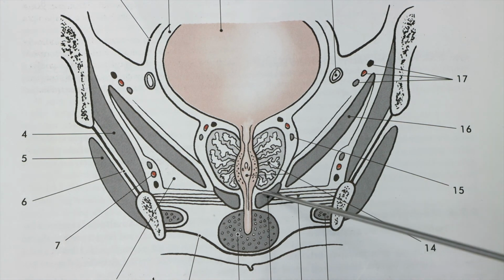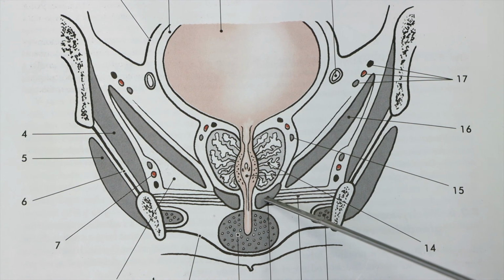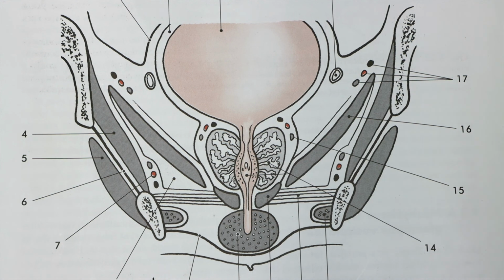So this is the external one. That was the internal one, that is a smooth muscle, but the external sphincter of the urethra is made of skeletal muscle. So in this case, here is the prostatic part of the urethra, and this is the widening part,